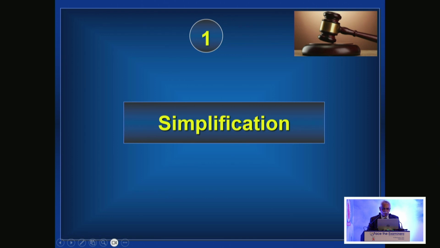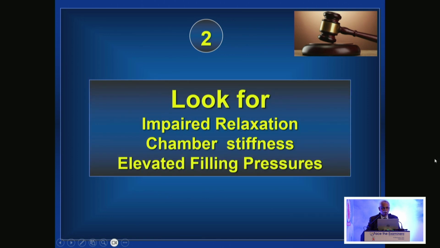Here it is more simplified, and in diastolic dysfunction the main thing is to look for impaired relaxation, whether the patient has impaired relaxation, that's the initial stage of diastolic dysfunction. And then in addition, does the patient have chamber stiffness also? This is a little more advanced stage of diastolic dysfunction. Along with that, does the patient have elevated filling pressure? This is the most